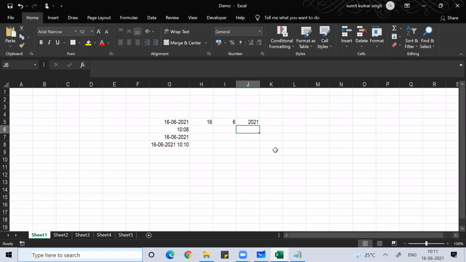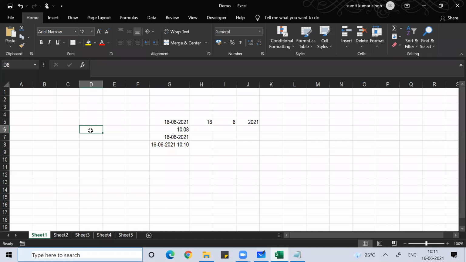Clear, everyone? We have discussed how to separate the name, first name, middle name, last name. The best way is to use Flash Fill, or you can use Text to Columns. Or you can use the LEFT, RIGHT, MID and LEN functions. With that also you can do it. We have discussed them.